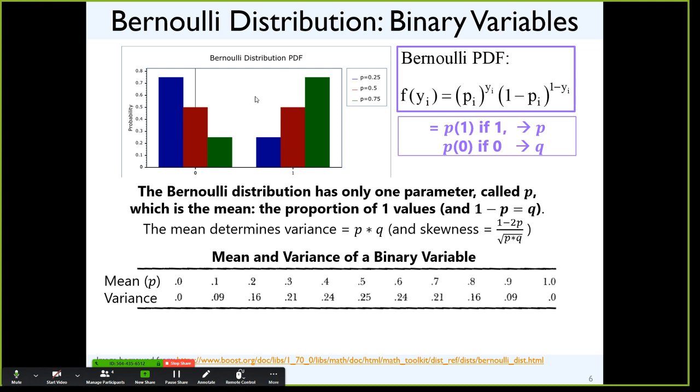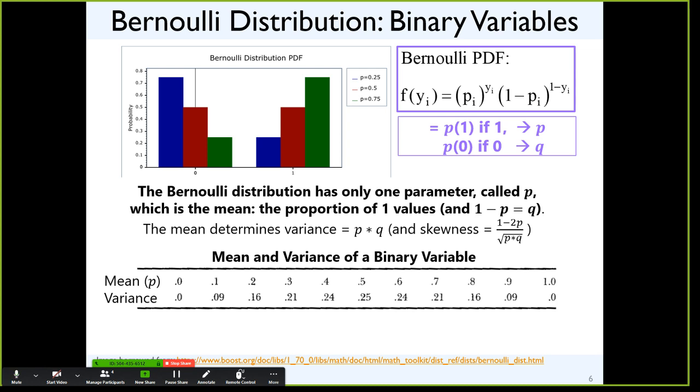So in this case, to be able to summarize a binary variable, you only have to know one thing. You need to know the proportion of people who picked 1 or 0, but one of the two, right? And so these are pictures of 3 different types of variables that vary in how many people picked 1. So for instance, the blue line. If I know that 75% of my sample picked 0, then what percent had to have picked 1?